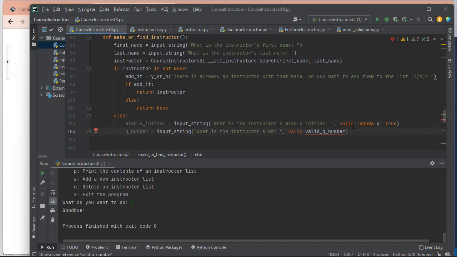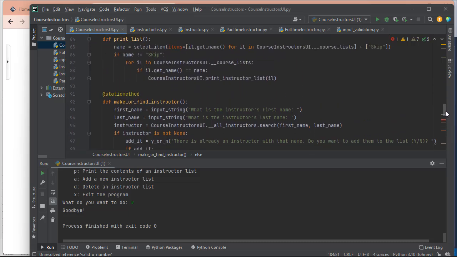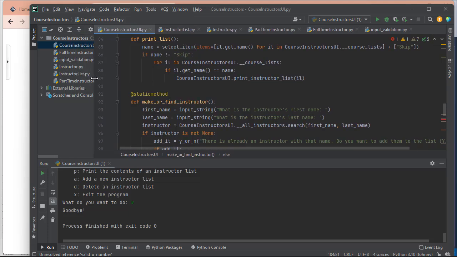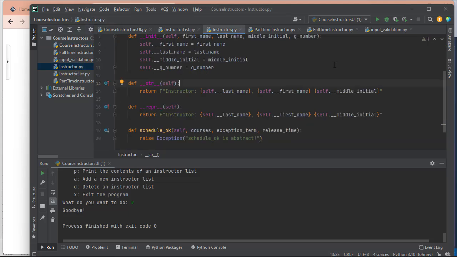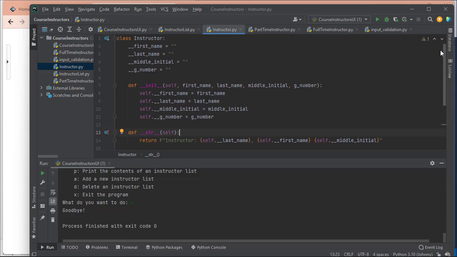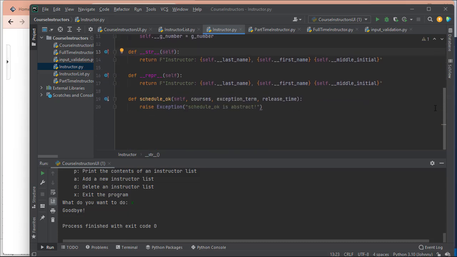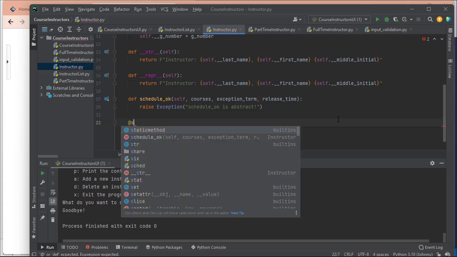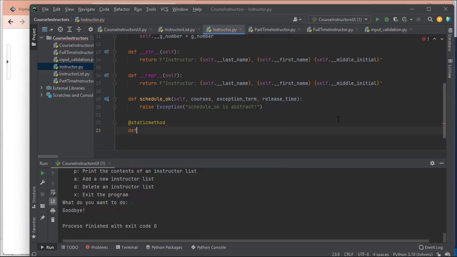And then for valid G number, I actually sort of think that's logic, and so it doesn't really belong in the UI. Let's go ahead and put it in instructor as a static method so that we can use it from anywhere. So let's go ahead and add a static method valid G number, and then it's got